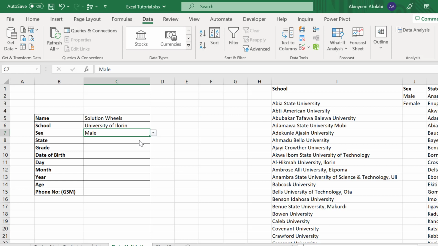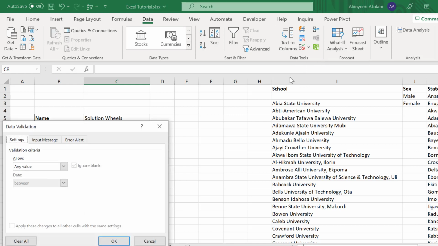So if you have more than LGBT, lesbian, gay, you want to add it, so there's no problem. For state also, if you want to leave it open for people to type, yes, but then we have a limit of states. Okay, this is our Nigerian state, so we also use list because we have lots of them. Yeah, we use list, and then we'll go like this. List, depending on the data type we are using, we have list. So we can also use